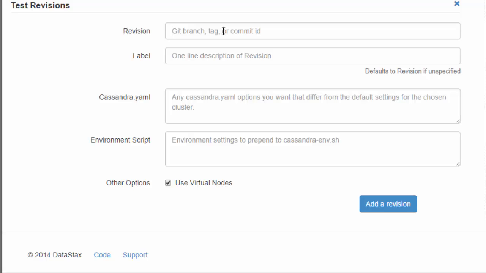The first one, we'll choose to use Cassandra 2.0.10, which is the latest version of 2.0. The second scenario, let's choose Cassandra 2.1. And for the third one, let's choose the same version of Cassandra 2.1, but with a modified configuration to use off-heap memtables. So let's insert the first revision,